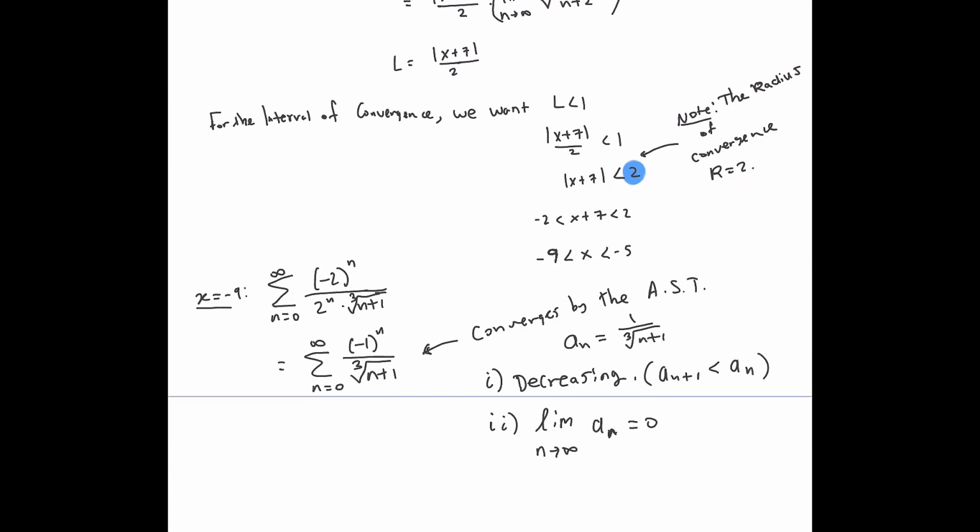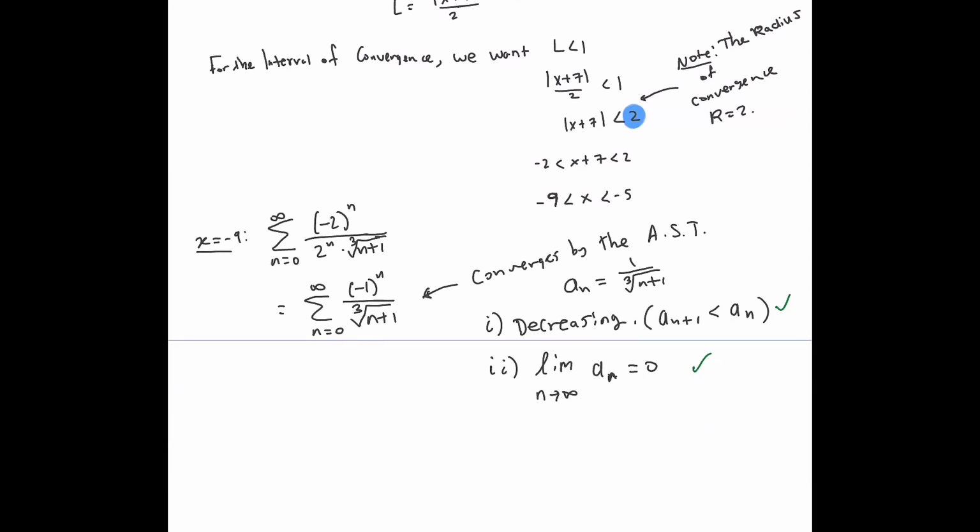So in our case, the two conditions are met. And in the test, you don't have to state what these conditions are. You're saying that it converges by the AST. I will assume that that's okay. But if you say that it diverges or something like that, then you will be penalized because it's incorrect. And then here on the other end, we're going to have x equals